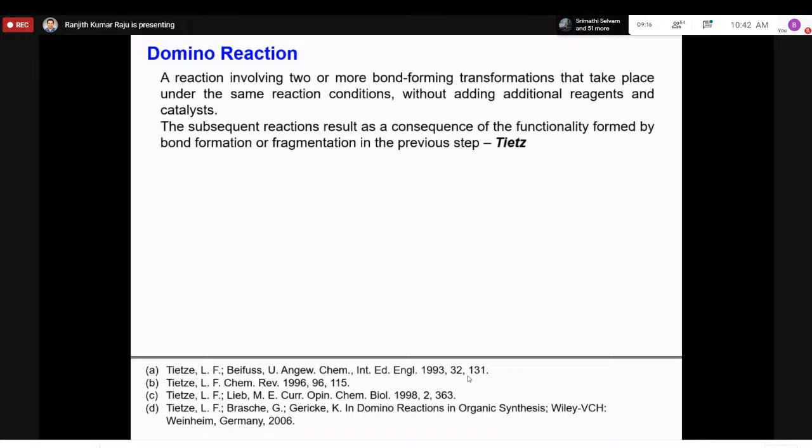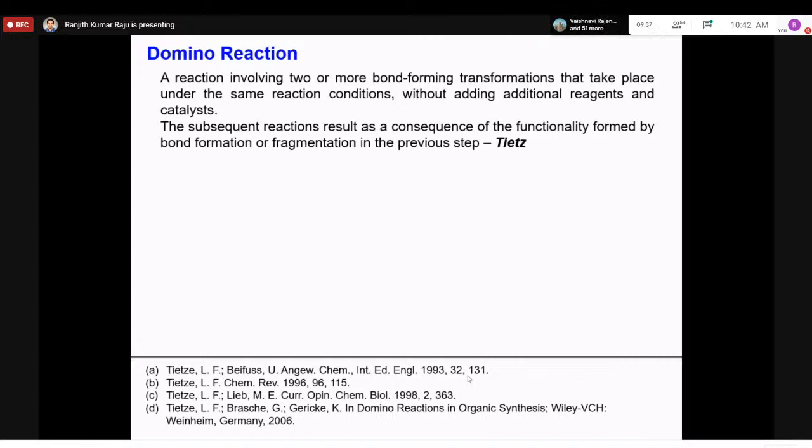So you add 2 or 3 reactants, and you just heat it or leave it at room temperature, you stir it, and after some time, if you get a new compound and you're not changing the condition or adding any extra reagents,